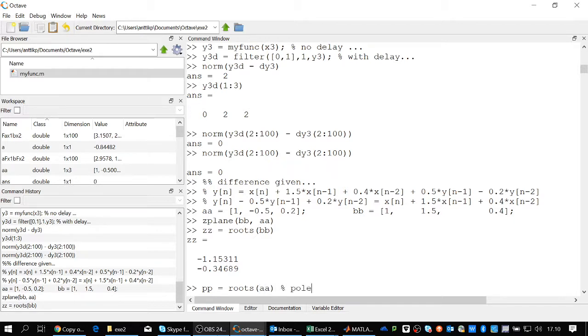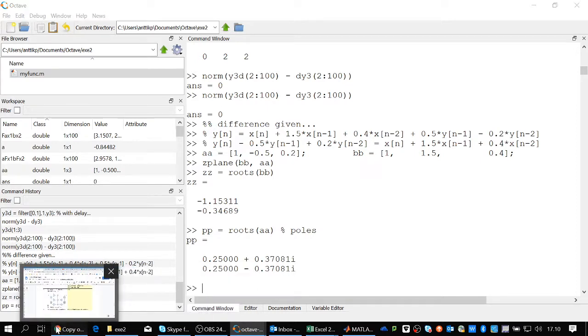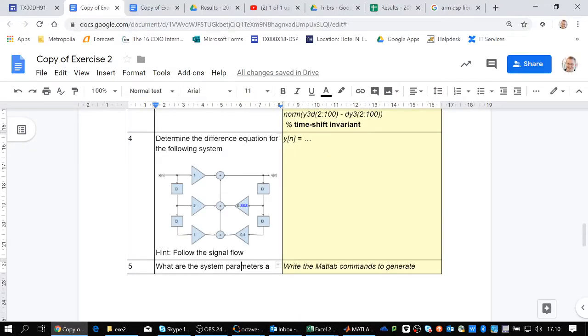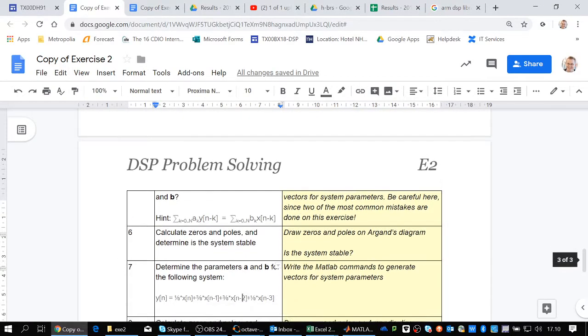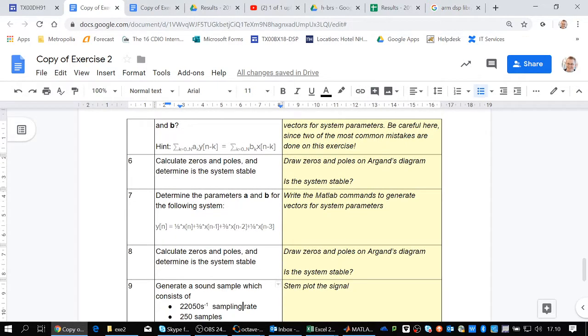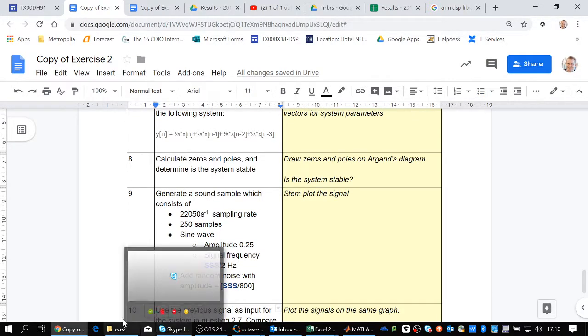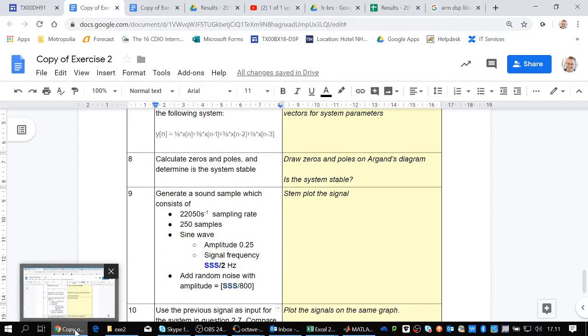So these are poles. Yeah, complex conjugate pair. Good. What else can we do? Let's see what is required here. System coefficients we've done. Zeros and poles. And stability, yes. Then we can actually, let me see,